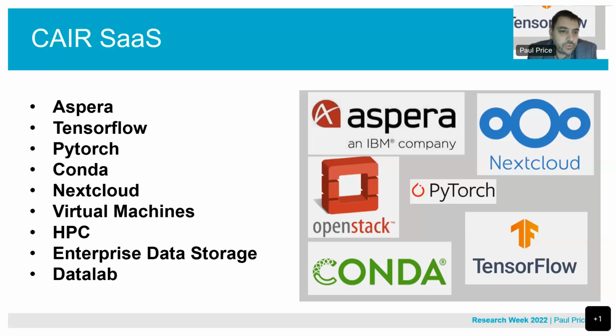The next three are really just some open source packages that are available to researchers, like TensorFlow, PyTorch, and then Conda, which is an environment that packages and different versions can be installed in. We are open to working with any researcher on different versions they need, or a different open source package, or if they have licenses that we can use for something they want to run on our HPC or our virtual environment. By all means, we are open to discussions and trying to make that work for them.